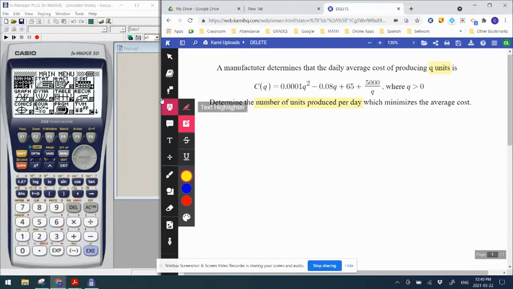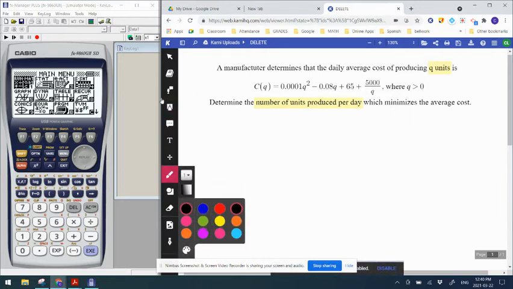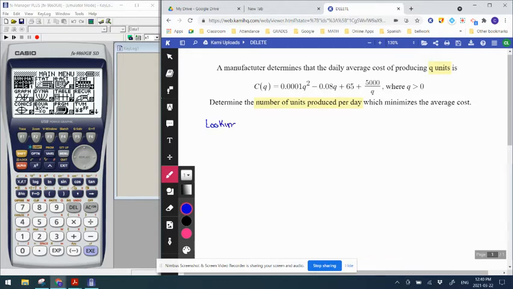So now that we've determined that we're looking for Q, which is the X value of our calculator, at the minimum. Okay. So once we know that, we're going to go ahead and just put this function exactly as written into